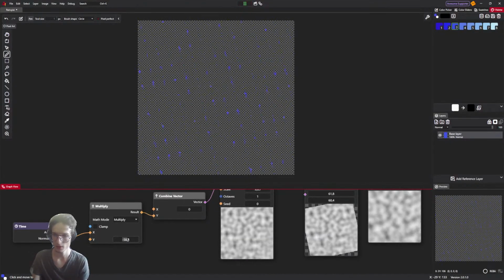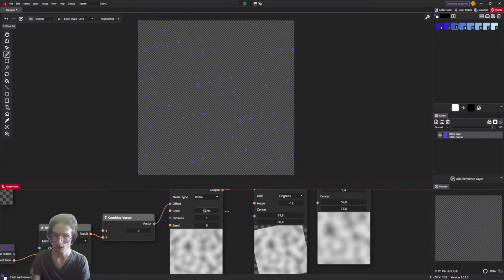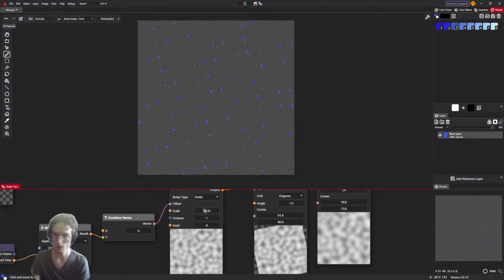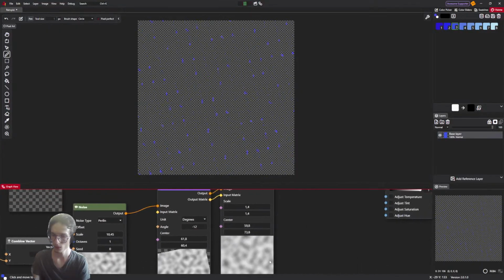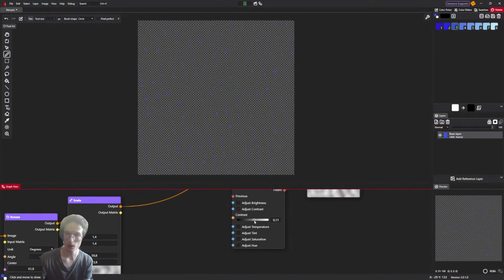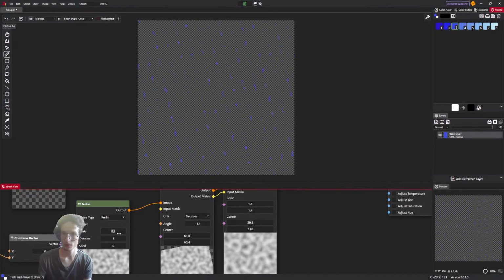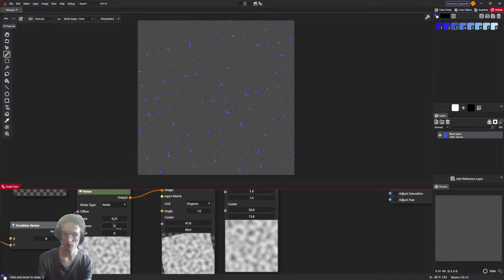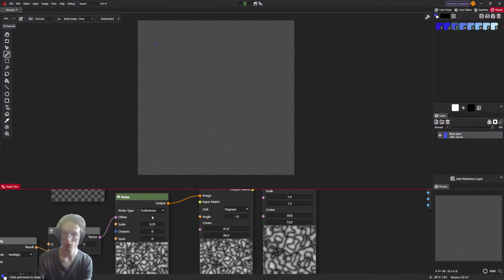It's not easy to match that. Maybe scale it a little. Also, I might drop the contrast as well. Oh no, it removes the variety. Oh, okay.